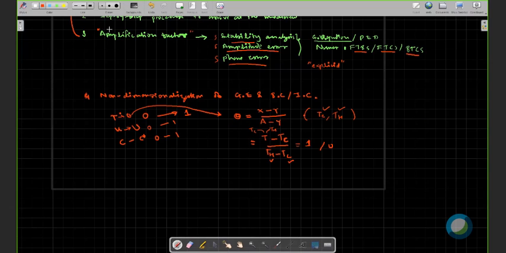So you should be in a position to find out such kinds of equations, such a relation. It need not be necessary that theta is always defined like that. Theta is not always equal to T minus Tc. It depends upon the problem, it depends upon the situation. You have to define this in such a way that you get proper values of theta. Proper means values from 0 to 1.